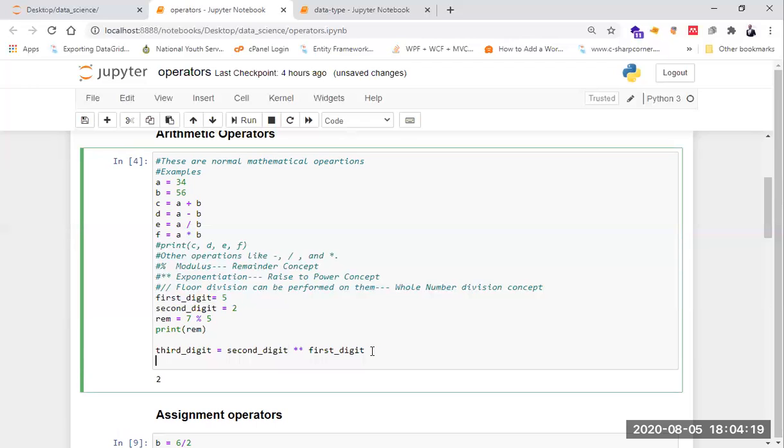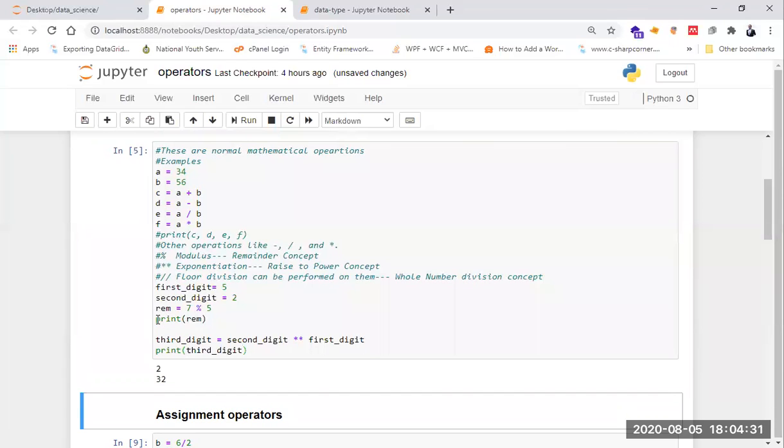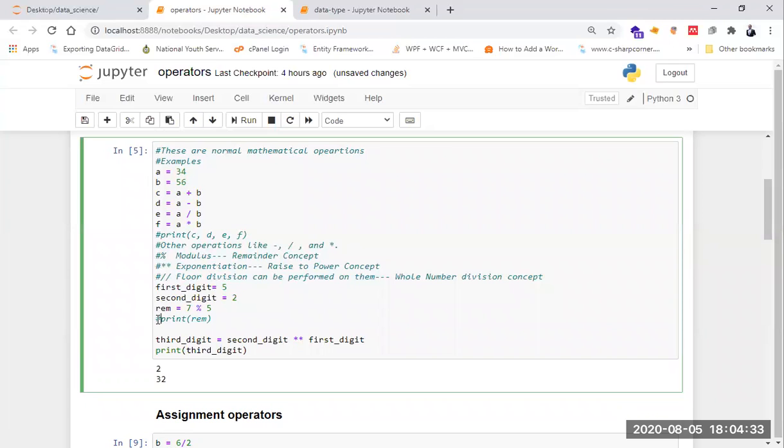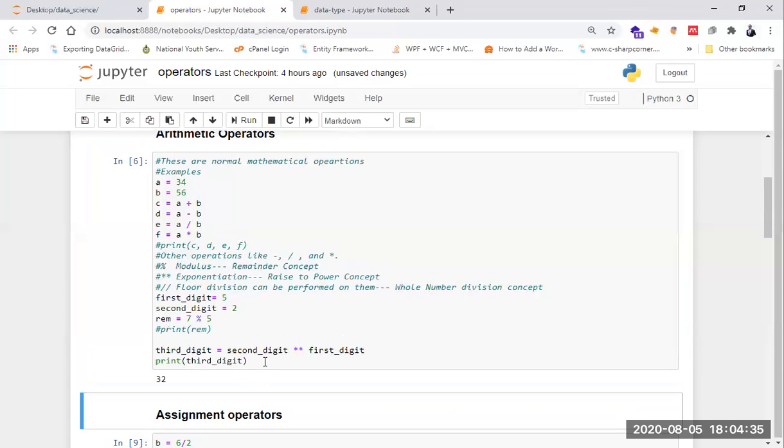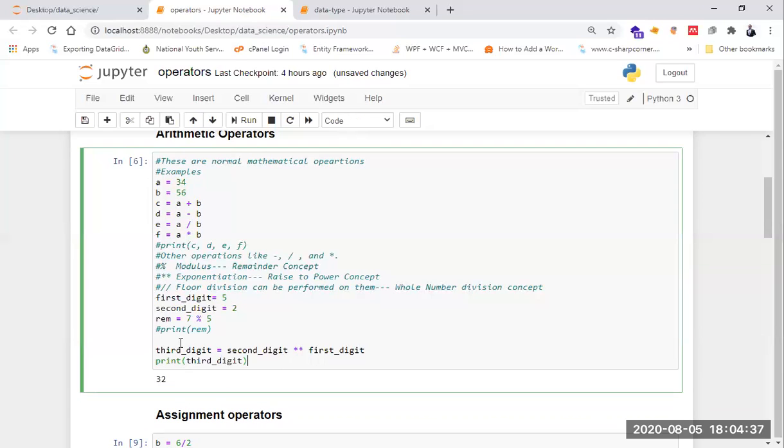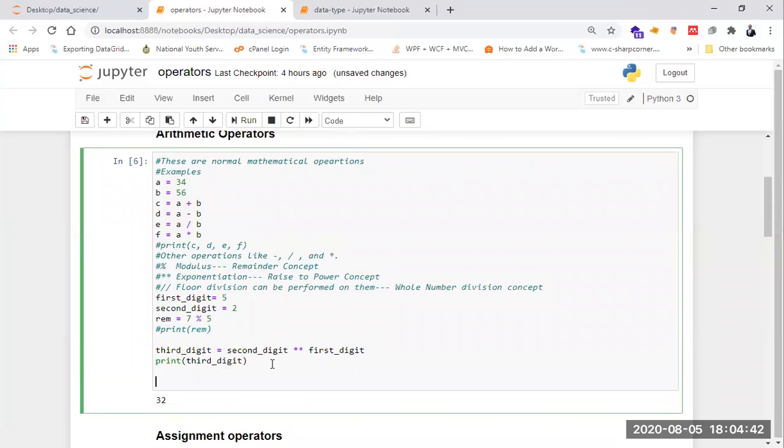Then I can print it out. That should give us something around 32. So let me print third digit. So shift enter. As you can see, let me comment this out, then let me enter again. As you can see, we have 32. So that's for exponentiation. Now the last one I will talk about in mathematical operations